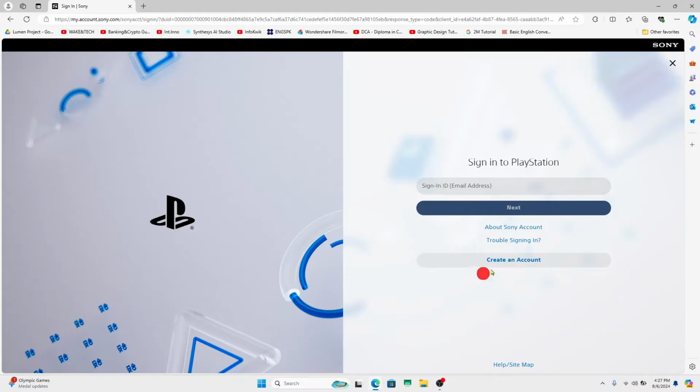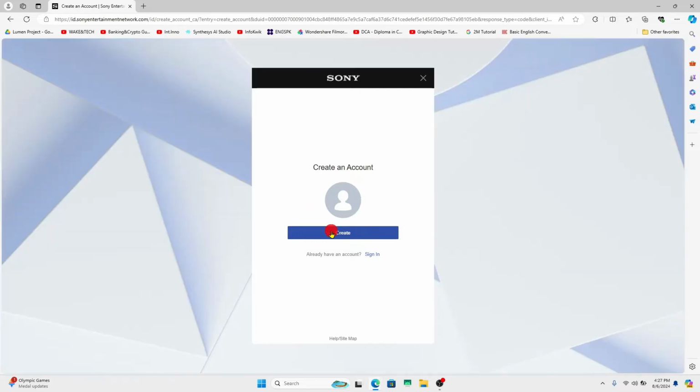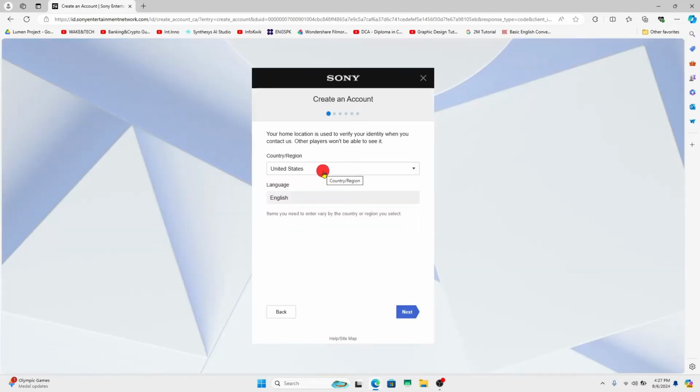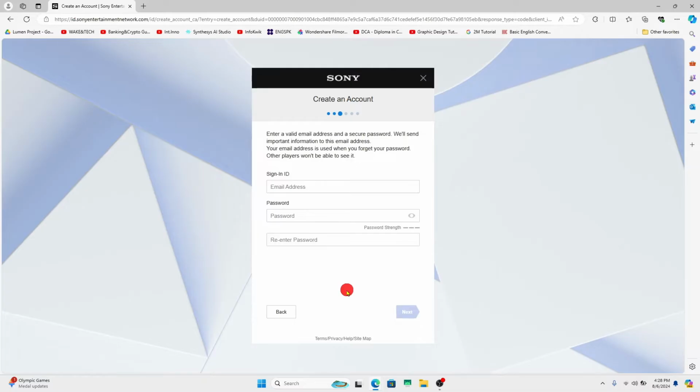In order to create a new account, click on the create an account button and you will be taken into the sign up page. Click on the create button and then choose your country or region as well as language. Then click on next and then enter your date of birth. After entering your date of birth, click on next once again and now you will be asked to enter your